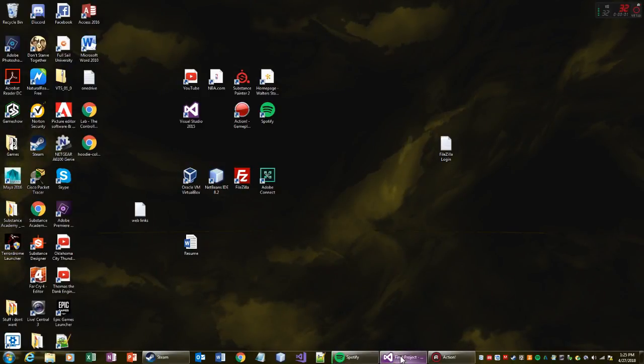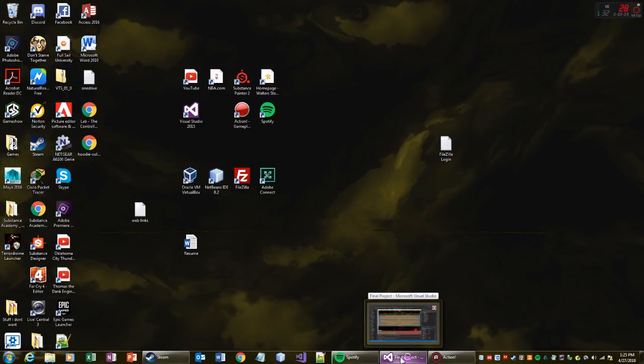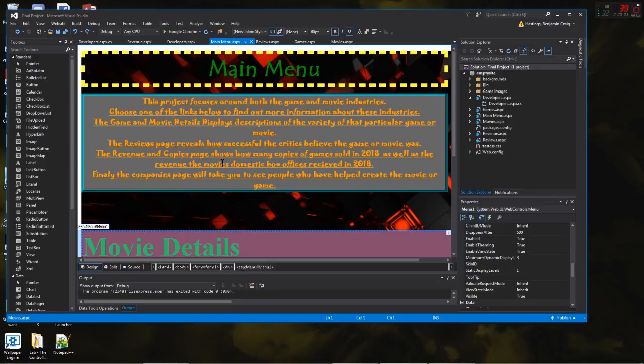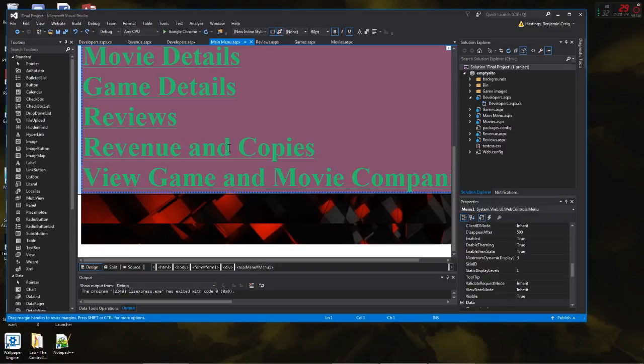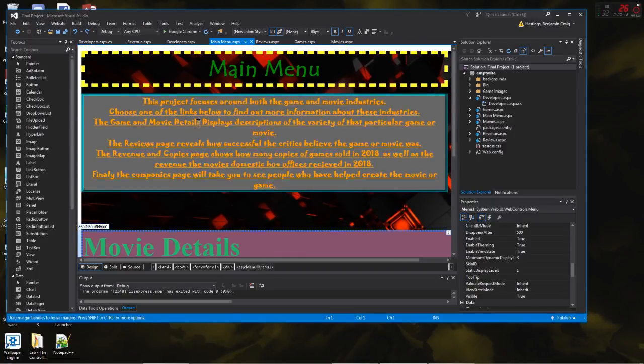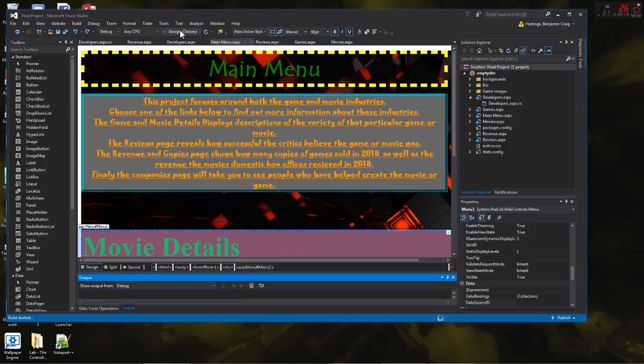Okay, so I'm going to be recording the final project to make sure that just in case it doesn't work, because I'm doing the 2015 Visual Studio. If you can't run the 2017 Visual Studio, at least you can get an idea of what it should look like. Okay, so if we just open this in Chrome,